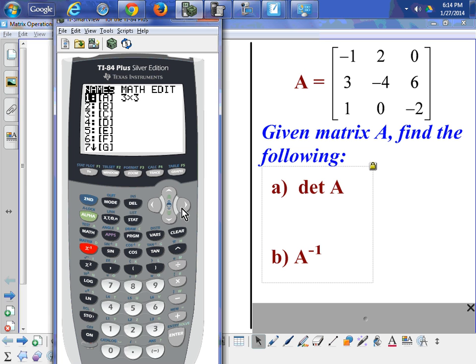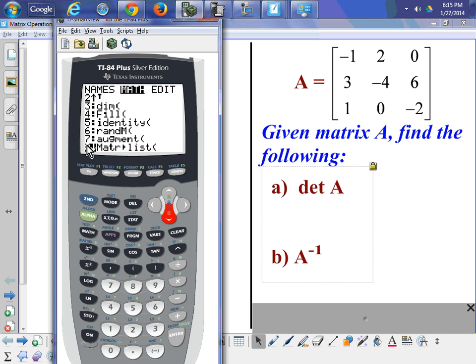Math is all the different operations that you can perform on matrices, and I'm just going to go through this list real quick. We have determinant. We have transpose, which is number 2. Number 3 is dimensions, which gives you back the dimensions of your matrix. Fill, if you want it to fill in. Identity creates an identity matrix. Random matrix. You can augment two matrices. That's what number 7 does. Most of the time we're going to use determinant, transpose, and if we scroll down,